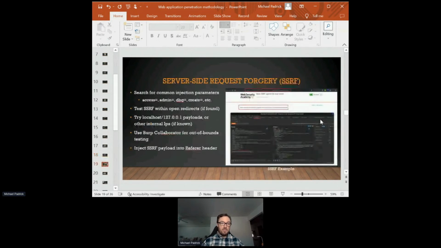Write that down. Okay. Server-side request forgery. This one's fun. All right. So here's an example of